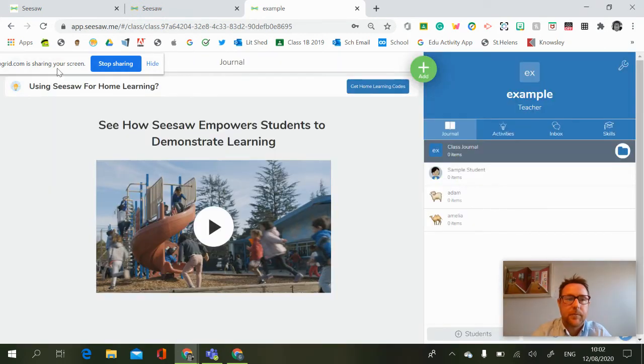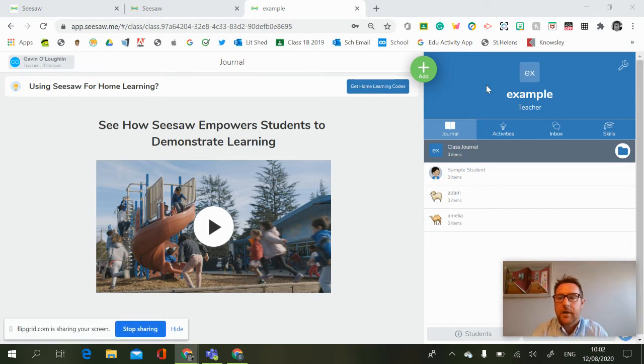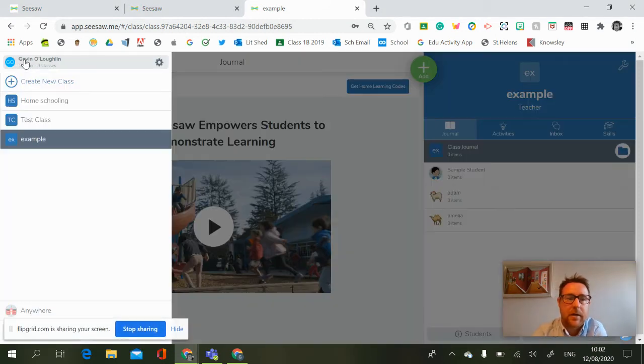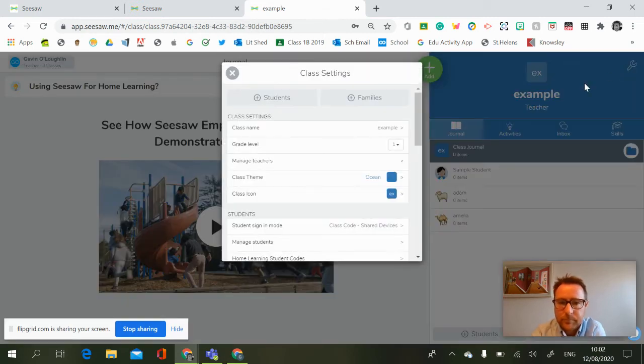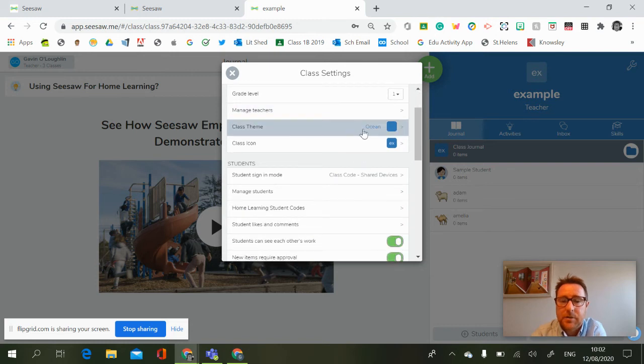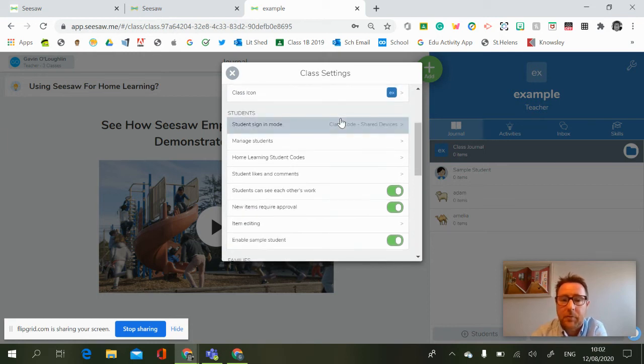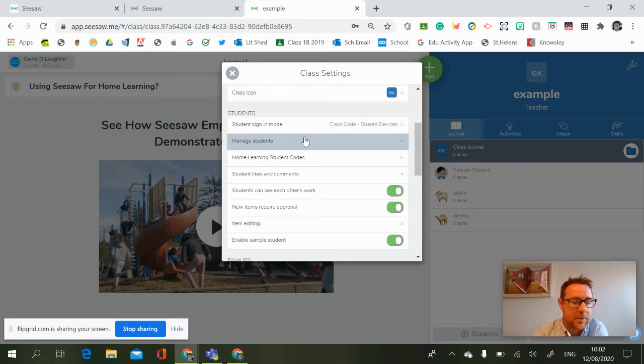So as I said before, your settings for your Seesaw account are over here in the left-hand side. So for my Gavin O'Loughlin account, my account settings are in the left-hand side, but my class settings, so for this class, are over here on the right. And what I'm able to do is change the class name. I can change the level or year group that I have. I can add teachers to it if I co-teach or somebody else comes and takes them, or I'd like my teaching assistant to have their own accounts. And I'm able to manage the students